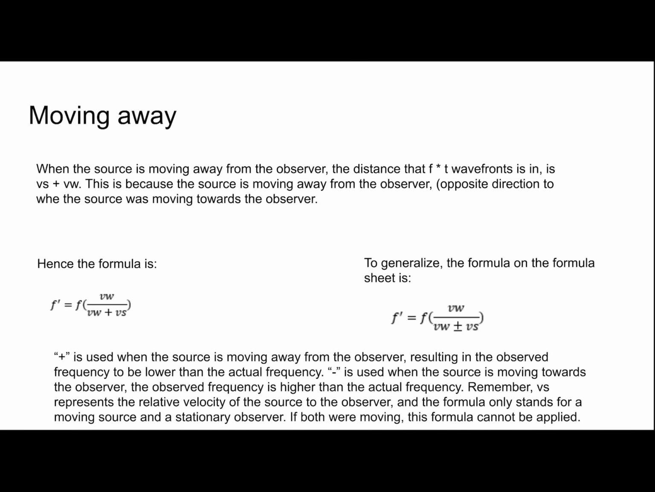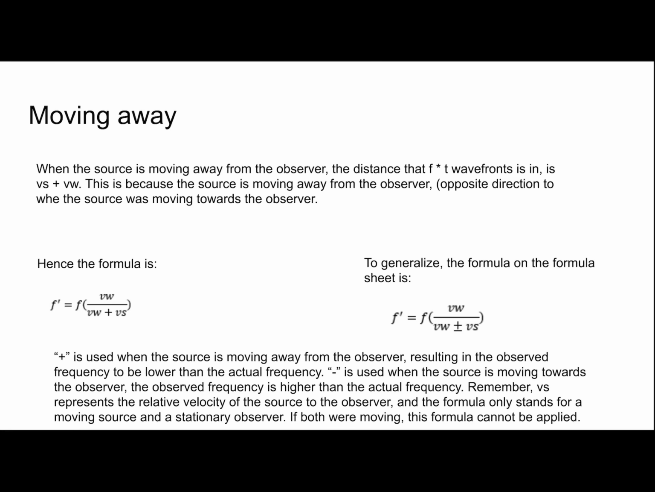We use the plus sign when the source is moving away from the observer, resulting in the observed frequency being lower than the actual frequency. The subtraction sign is used when the source is moving towards the observer, in which case the observed frequency is higher than the actual frequency. One important thing to remember is that the Vs, the speed of the source, represents the relative velocity of the source to the observer. So Vs doesn't necessarily mean the velocity of the source. It's only the velocity of the source relative to the observer. So we always have to take it relative to the